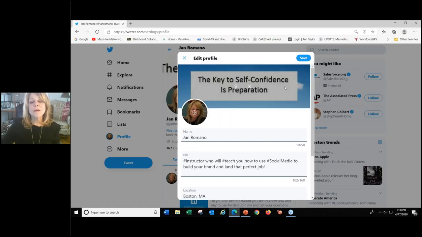So this account will have a picture that will resonate with the audience, hopefully an employer or recruiter, of what your industry is. So notice I'm an instructor, so the key to self-confidence is preparation. That's what I made up. I made that in PowerPoint and copied it in and put it in here. How? Using this little camera right here and uploading that to